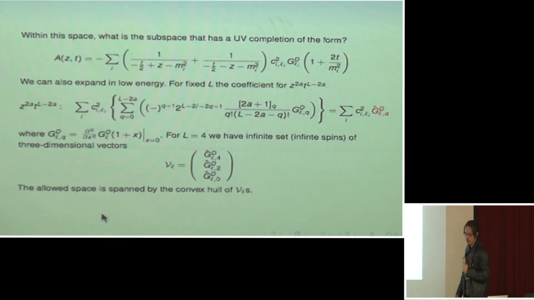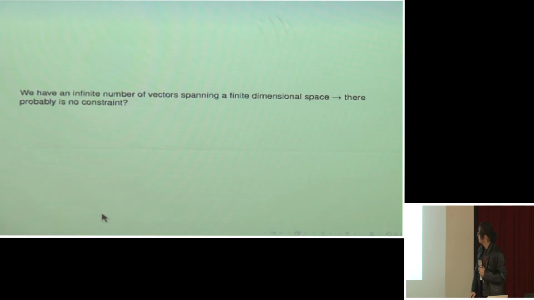Now, naively, you would say that this will give you zero constraint because you're sitting in a finite dimension space, and the number of vectors is infinite, because for each spin you have a vector. So you're trying to span a finite dimension space with infinite vectors, and you would probably think that you're not going to get any constraint, that these infinite vectors are just going to span the entire space. Well, of course, we already know that this cannot be true. It has to be only a subspace